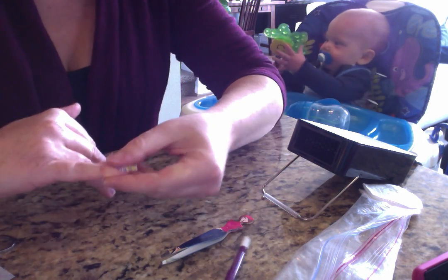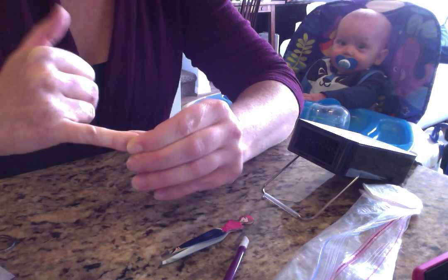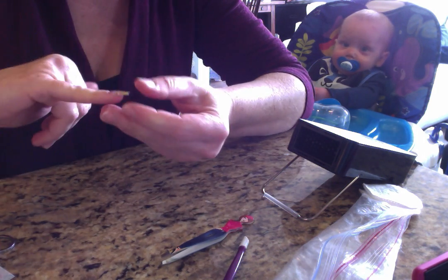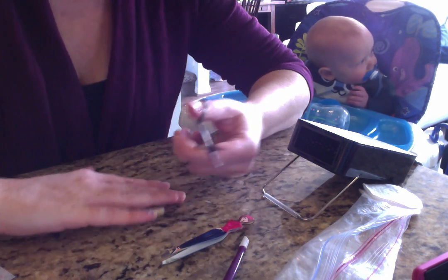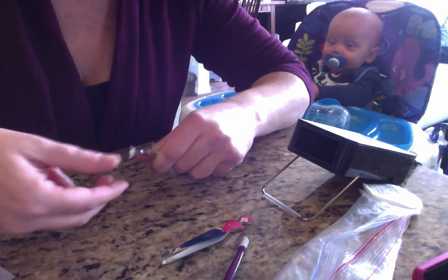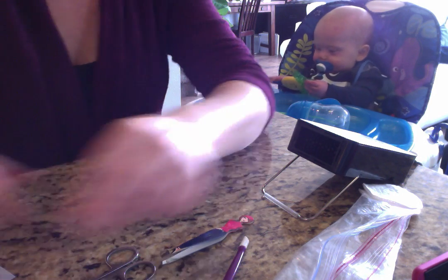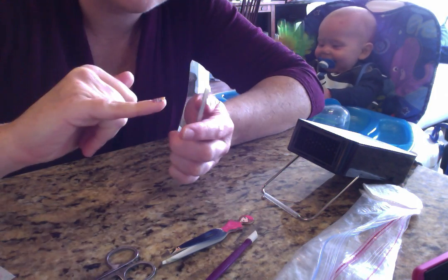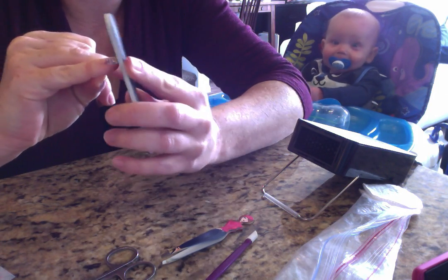Kind of real nice there. I usually do it with my finger just so that I can feel if there are any bumps. So just kind of rub it on over. And now, depending on whether my nails are long and need cutting or are fairly short, I'll either decide to cut or file. I always cut off kind of most of the excess here with my handy dandy little scissors that I've got. And then I'm just going to take my file in this case, because my nails are pretty short right now, and you want to do it at about a 90-degree angle, and you just file straight down,